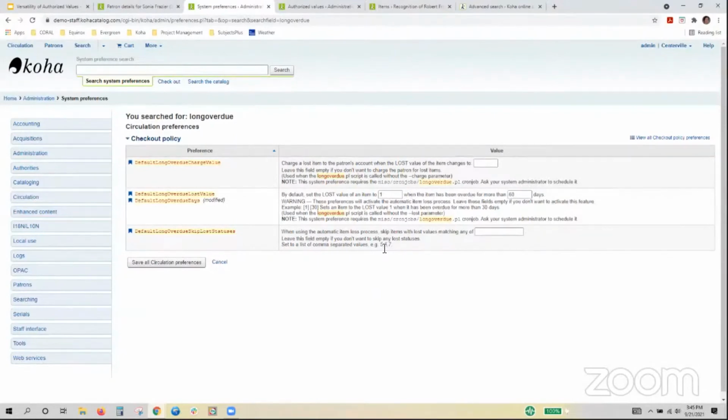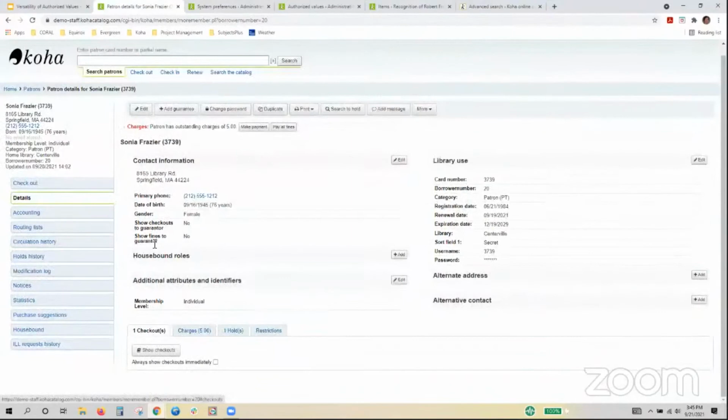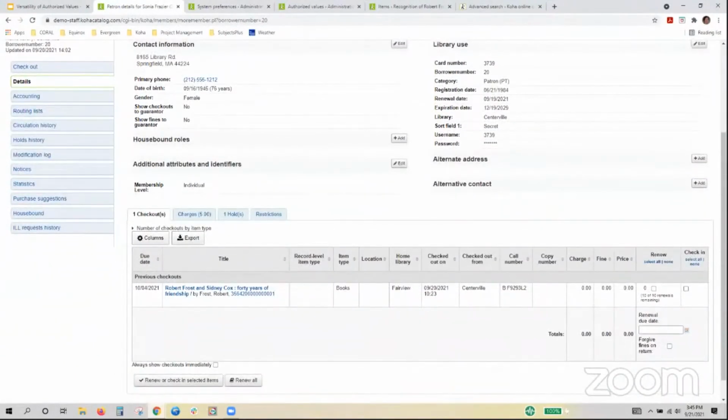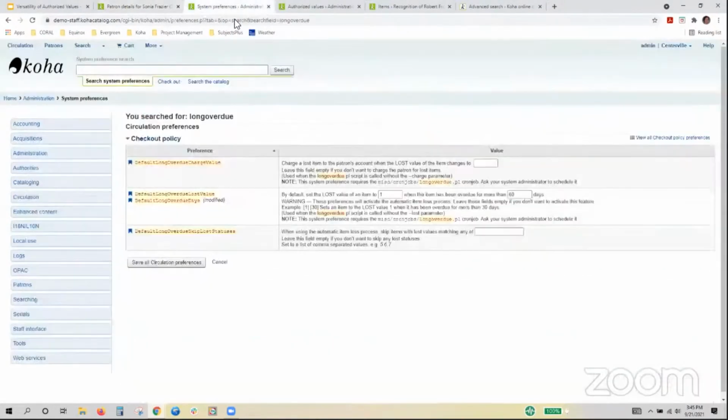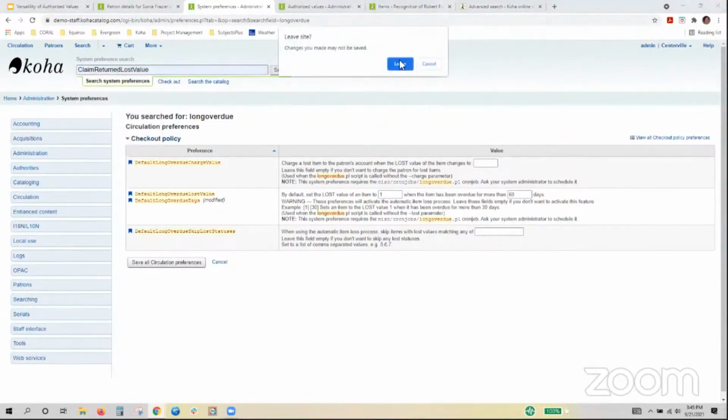And then I was going to try to go through a full example of claims returned, but I'm having some limitations on the demo. But we'll do what we can. So let's go back to our patron's account. Our patron has an item out. And so we have a pretty basic screen here of being able to renew and check in. However, if we come into our system preferences and set a claim returned lost value, it's going to open up claim returned